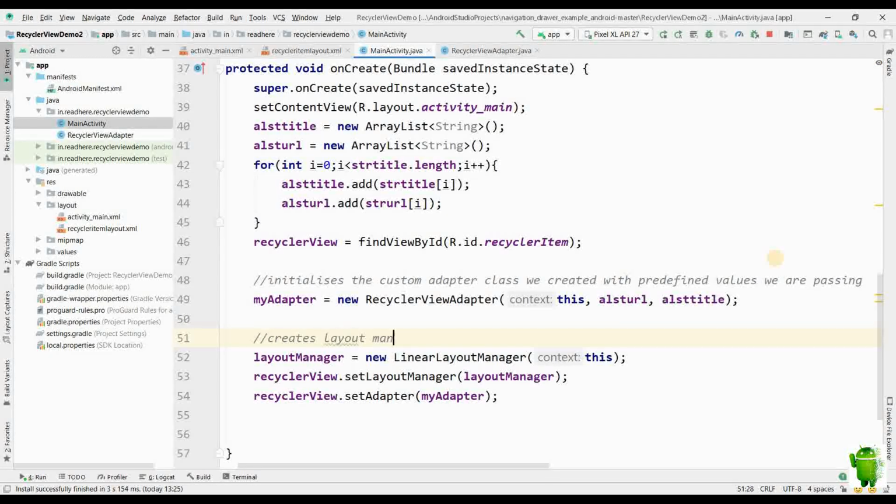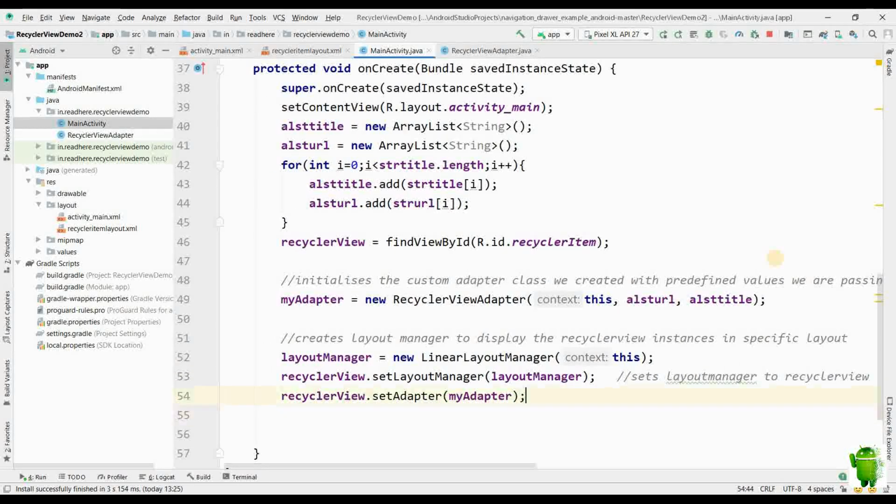You can use linear layout manager or grid layout manager or whatever custom layout manager that you want to use for displaying your recycler view items. Finally it will set the layout manager to a particular recycler view and set the values of the adapter to recycler view, which will inflate all the details on screen.